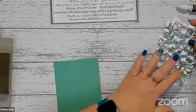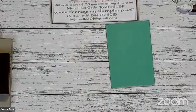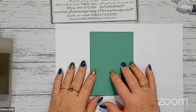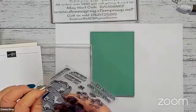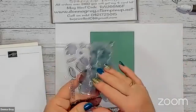So before I actually go to glue that on, I'm going to do something with this piece here. I'm just going to grab a piece of paper to protect my brand new surface, because we don't want anything getting over my brand new surface. So we're going to pop that on there. And what I'm going to do is take a stamp out of here, and stamp something on that background. So probably the first thing that I want to do is...